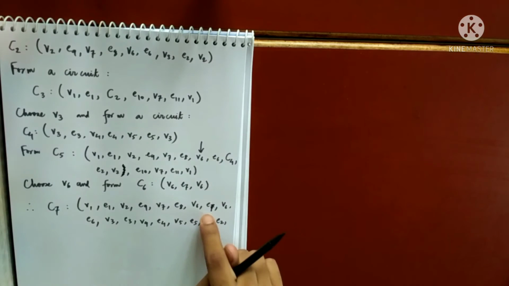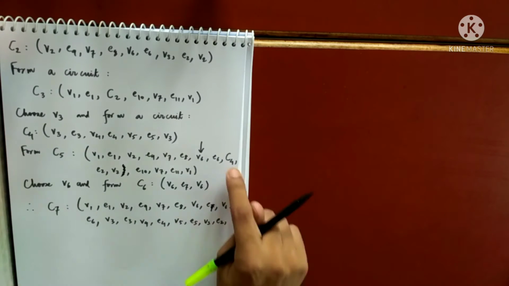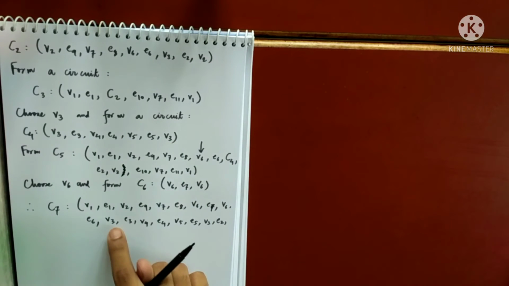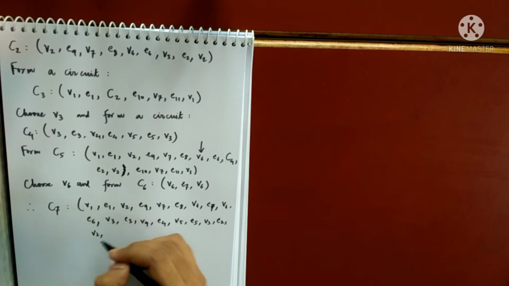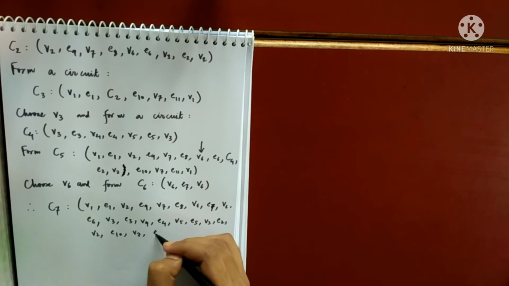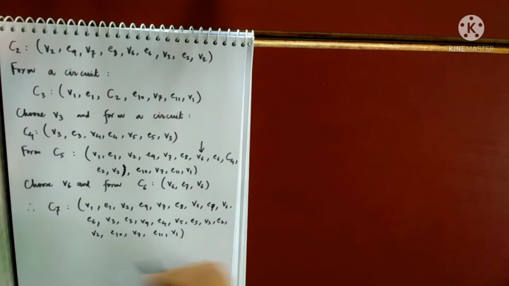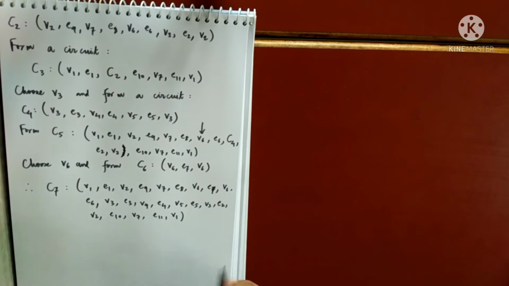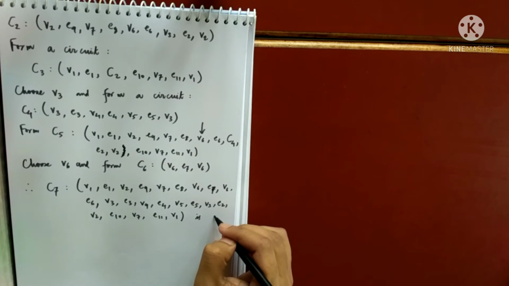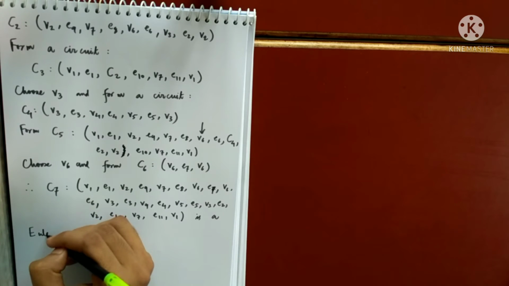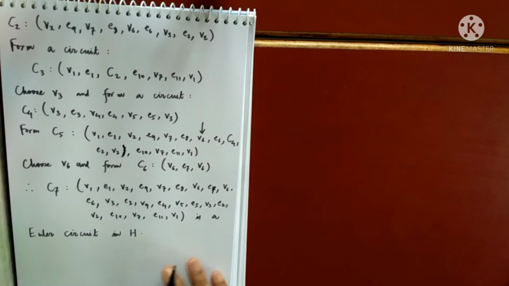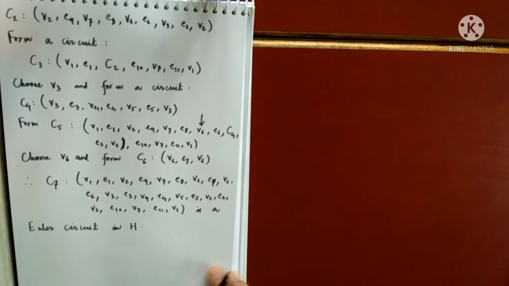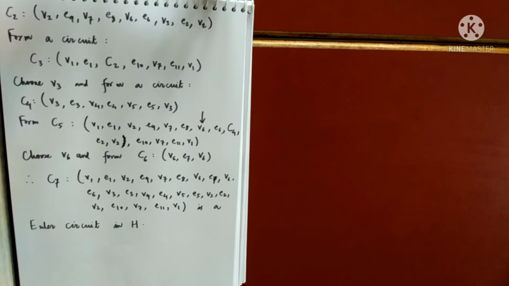So I am replacing V6 by C6, and then E6, and then C4. What is C4? I am writing the C4 continuously. And then after C4, I am supposed to write E2, V2, E10, V7, E11, V1. So this contains all the edges of the circuit. This is a Euler circuit in H. So you may check, this contains all the edges exactly once, and this algorithm we follow to find an Euler circuit in some graph.